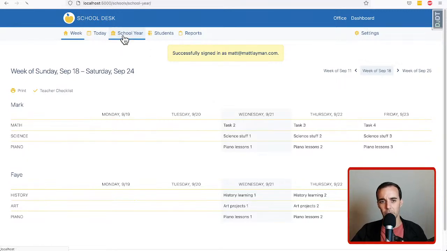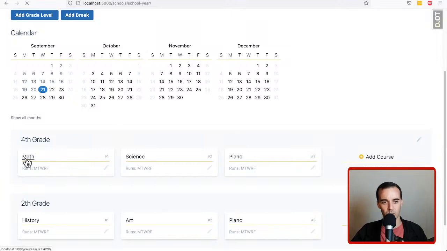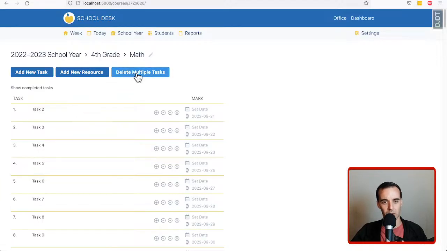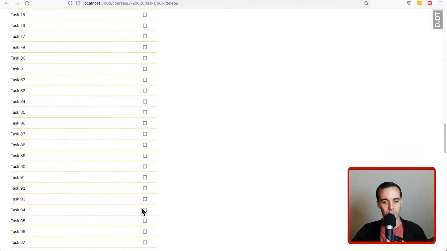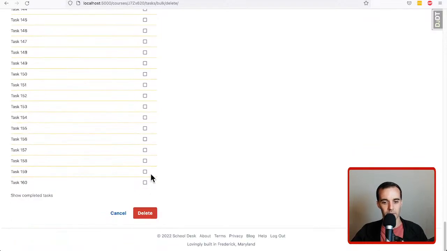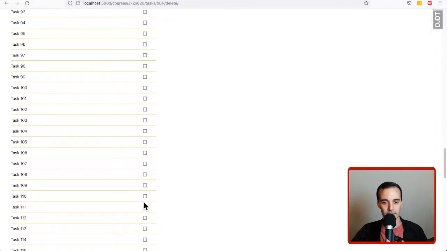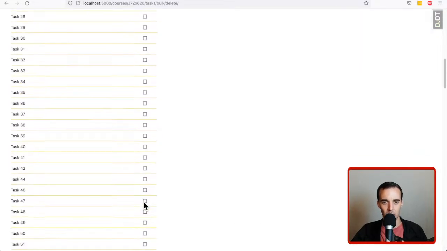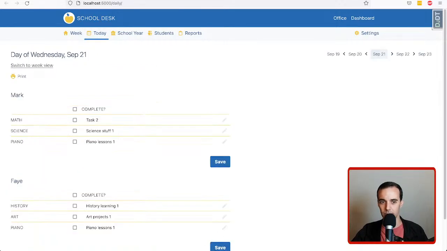The thing that I needed to do was bulk deletion of tasks. So we're going to go to Math, and we're going to click this Delete Multiple Tasks thing. And here is where my spouse is looking for an easy way to check all of these rapidly, because she has times where she wants to delete everything. So we're going to compare this to the daily view, and you can see that there's already a pattern